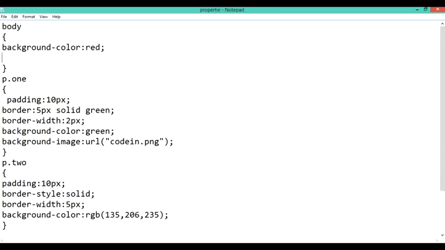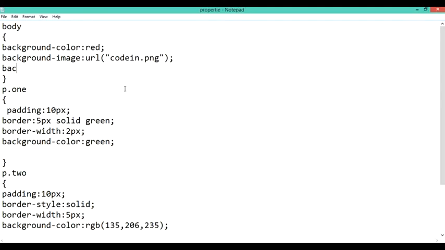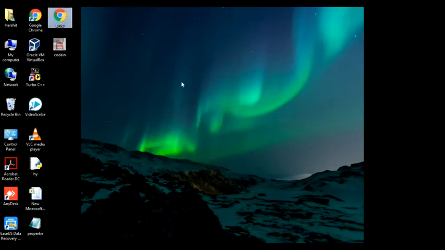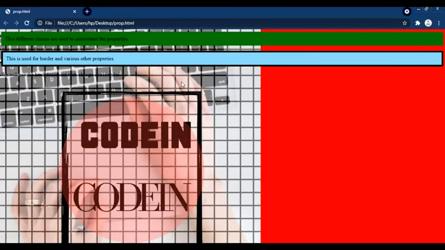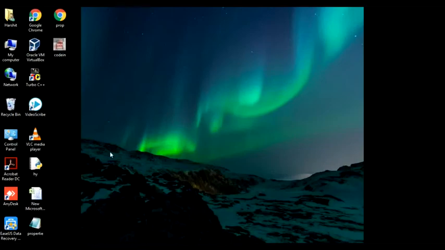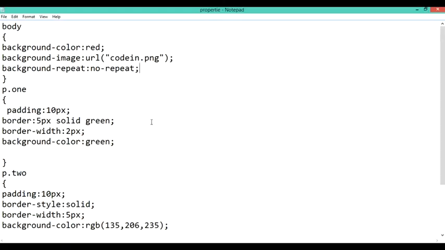If we want to add both the backgrounds, we can do both with the help of that background image. So here you can see I have used a background image over here. In the background image, I've used a URL that was the same, that is coding, and then I've written background repeat and no repeat. Basically it means that the background that is displayed should not be repeated. So whenever I am using the background, it will just show me the background according to the size of that particular file. So according to that image size only, the background is displayed to me. As I have written background no repeat, if I had written repeat over here, the background could be repeated.